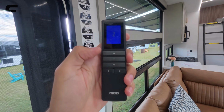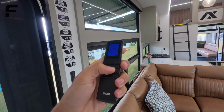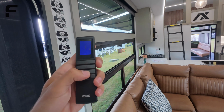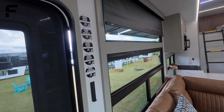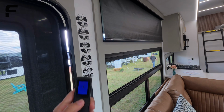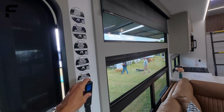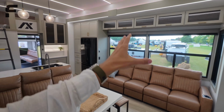You can see there's this control right here. So you have different channels, and then channel 2 somewhere not in here. Let's find, there we go. Got channel 1 right there. You see I just tap the button and then I can let go of the remote, and it will keep coming down like so. And I can push up to make them go back up. So you have all of your shades that will cover these entire windows here on a power mechanism with that